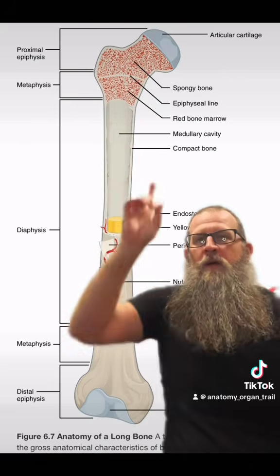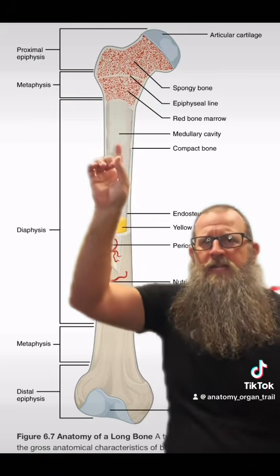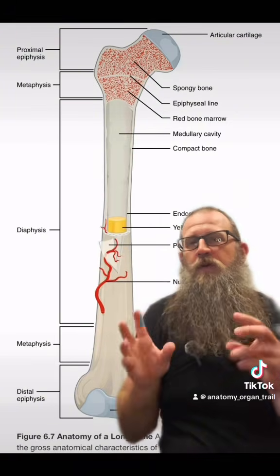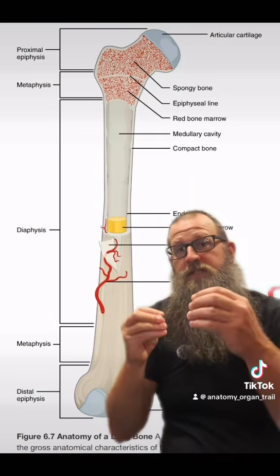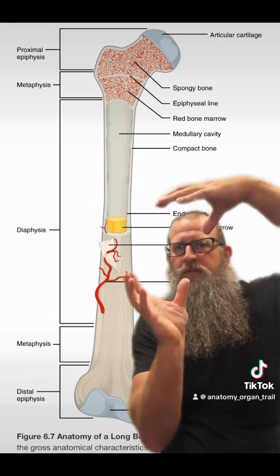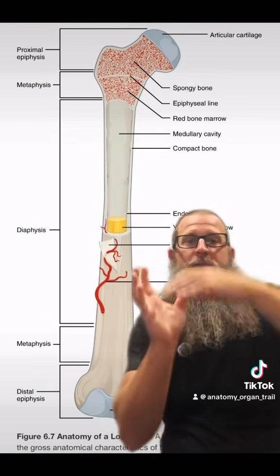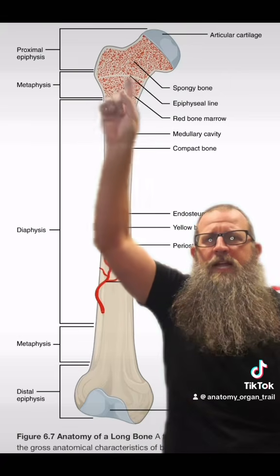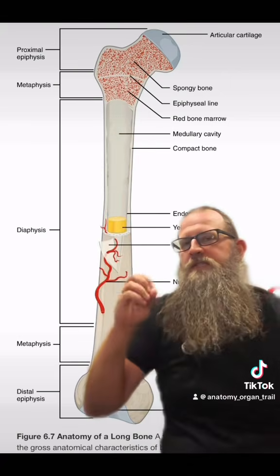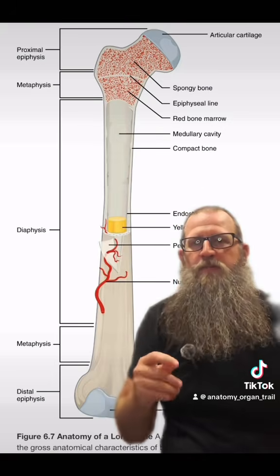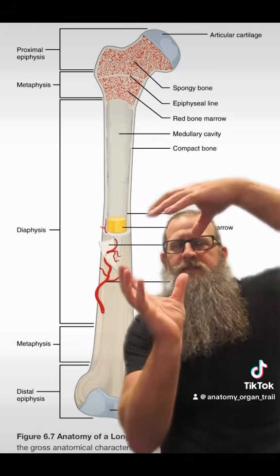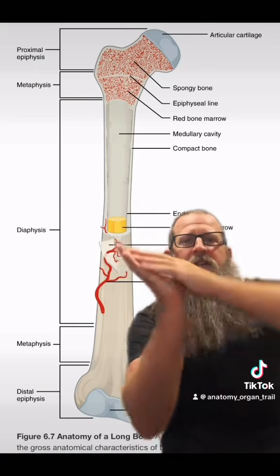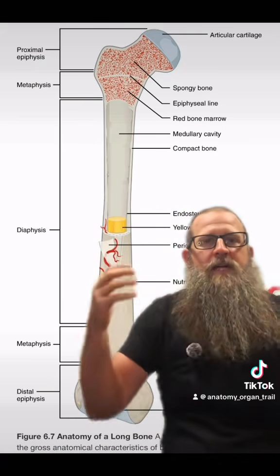All right. Now when this bone develops, there's an ossification center down here. There's an ossification center up here. Two different places where the bone starts to ossify from. And those two places start to come together and merge, right? So in between them, there is cartilage, right? And that cartilage is what we refer to as the growth plate or the epiphyseal plate. Now, as those two ossification centers start to come together and they eventually merge together, that epiphyseal plate becomes the